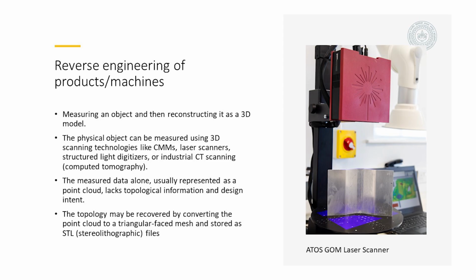Now, for the topology, what you can do is convert the point cloud to a triangular faced mesh. You can take these points and join them to create triangles. These triangles then represent the surface of the part, and this is typically stored as STL files, or stereolithographic files. The name stereolithographic comes from